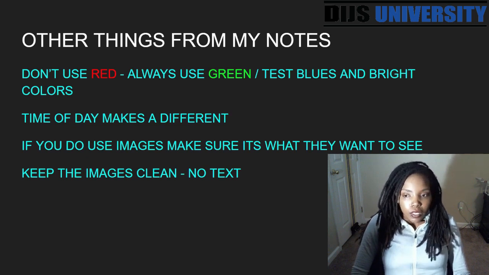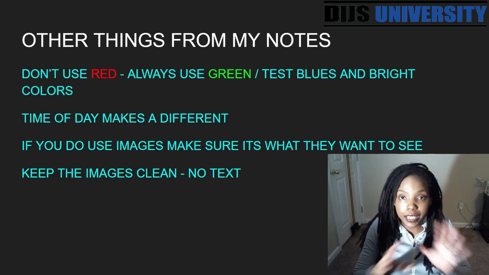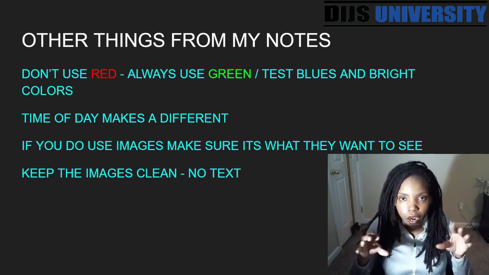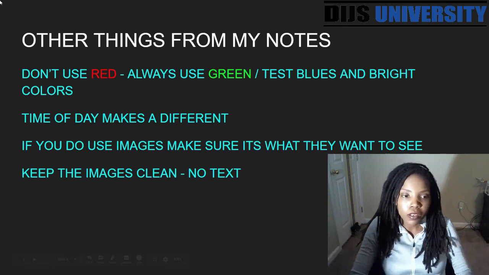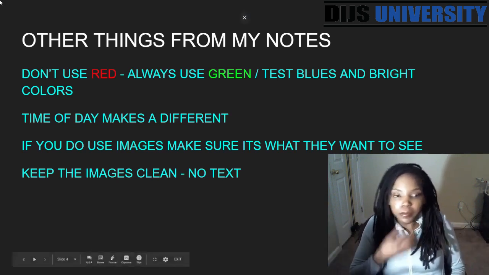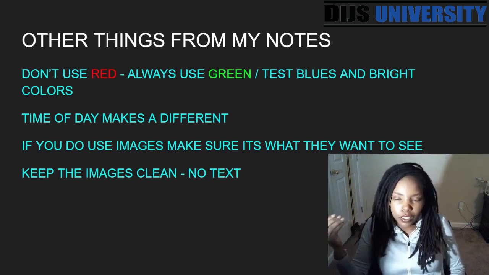If you do use images though, because I did mention that you want to probably test, don't disregard them, but just don't flood your campaigns with only images either. Just give yourself room to see the difference in engagement. So if you are going to use images, use what they want to see. Like, if we're talking about a Star Wars fan or a sports fan or a sneaker fan, yeah, obviously use that image, but don't use